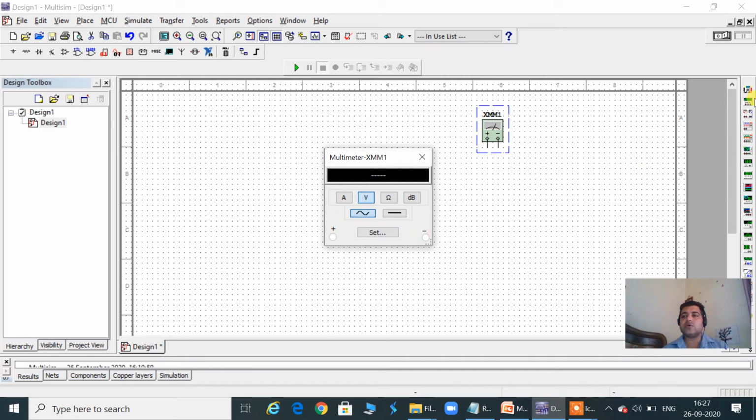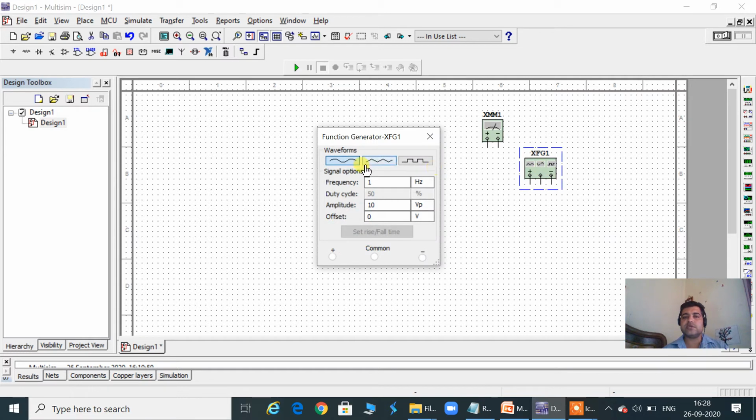So I take another instrument, function generator. You can take this function generator. Function generator generates sinusoidal wave, triangular wave, and a square wave. Click on this, you can see here sinusoidal waveform, triangular waveform, square waveform. Frequency, whatever frequency we want, we can generate it. 1 hertz is default. If I want, I can change it to suppose 100 hertz. This hertz I can change into kilohertz, megahertz, gigahertz, terahertz. What frequency we want, we can take it from here.